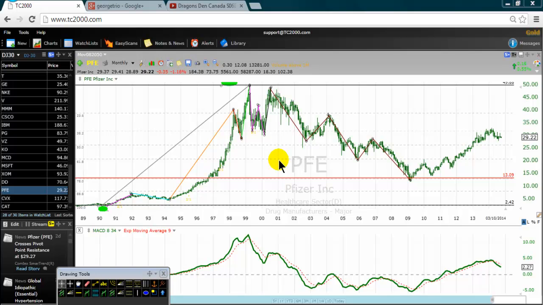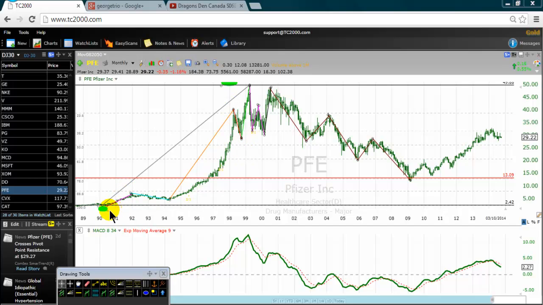I have done some homework already here. You can see that I have counted 5 waves. So the stock that we are looking at is Pfizer. I prefer to call it Pfizer. I like that name. But generally traders call it Pfizer, but I like to call it Pfizer. So feel free to laugh about that. If you hear me talking about Pfizer, you know that it's this company here, and we have